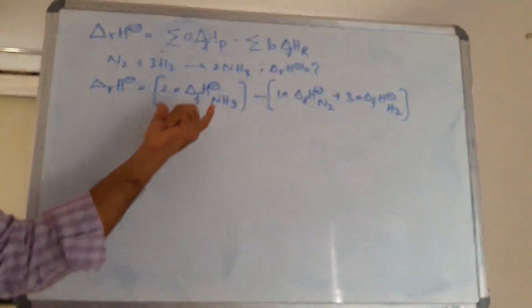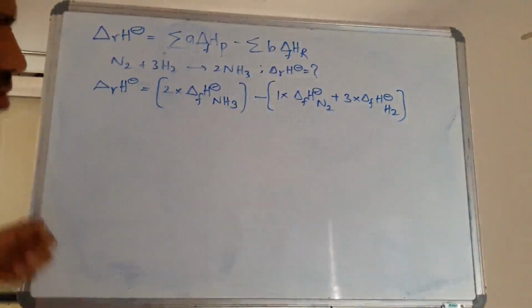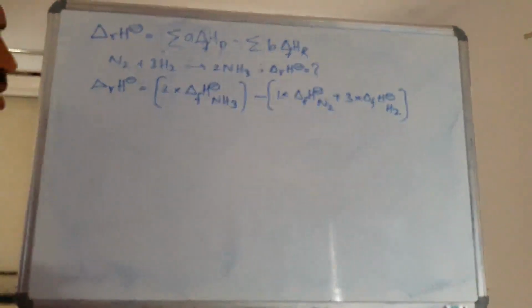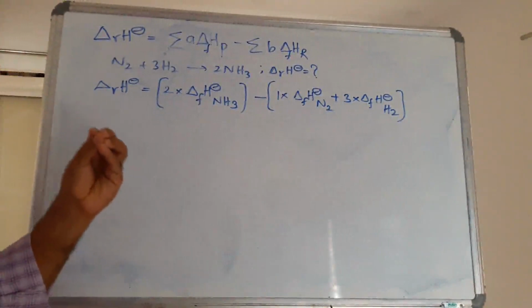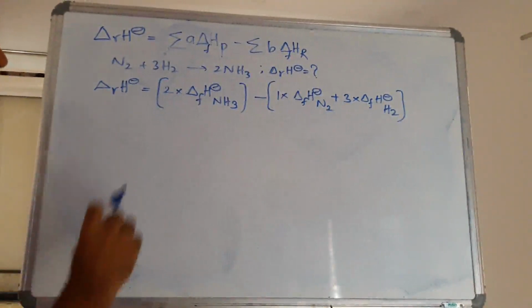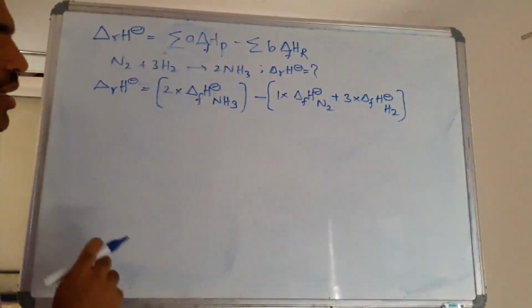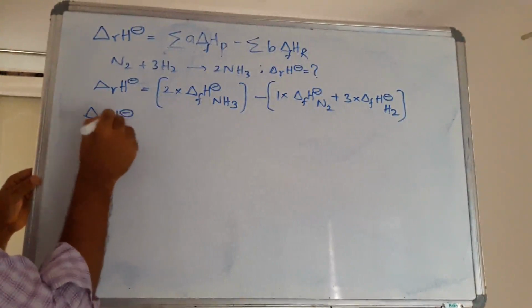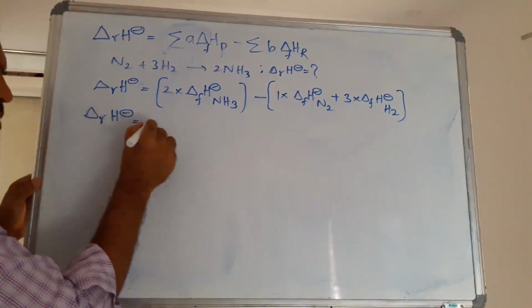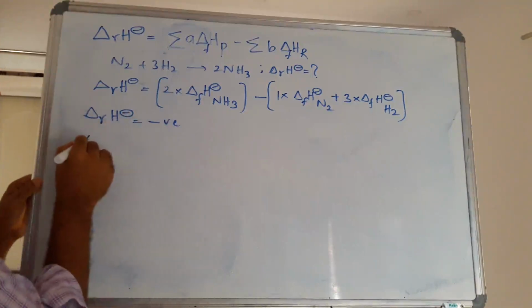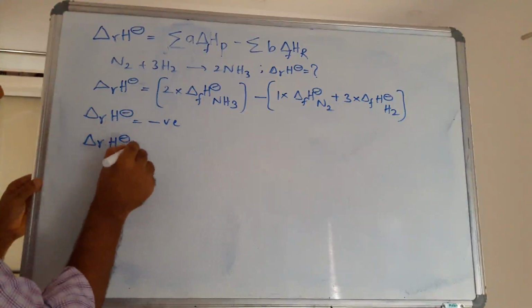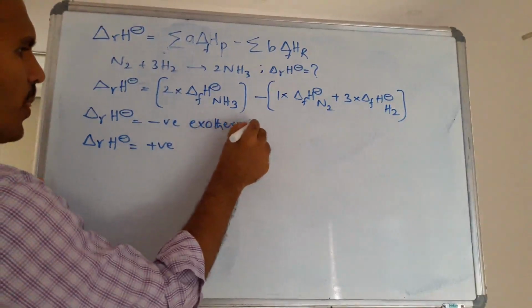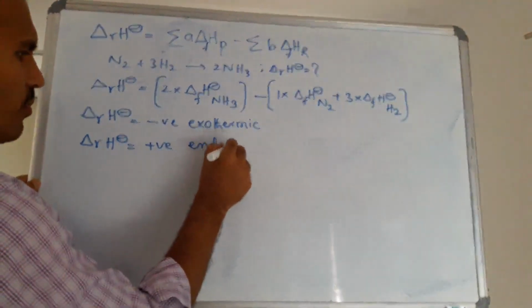In the next heading, I will calculate this one, because the enthalpy of formation comes next. Keep in mind that based on the enthalpy of reaction, we will know the conditions we have to maintain to perform a reaction. Like this, we will calculate the enthalpy of reaction. Already I told you that the standard enthalpy of reaction ΔrH may be negative, or it may be positive. Negative is called exothermic, and positive is called endothermic.